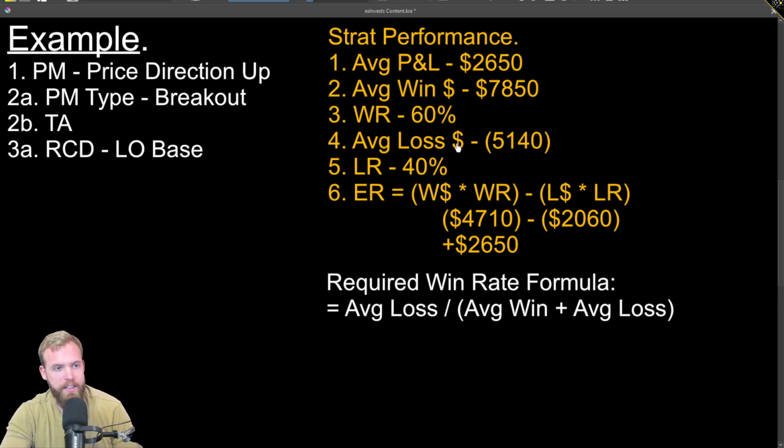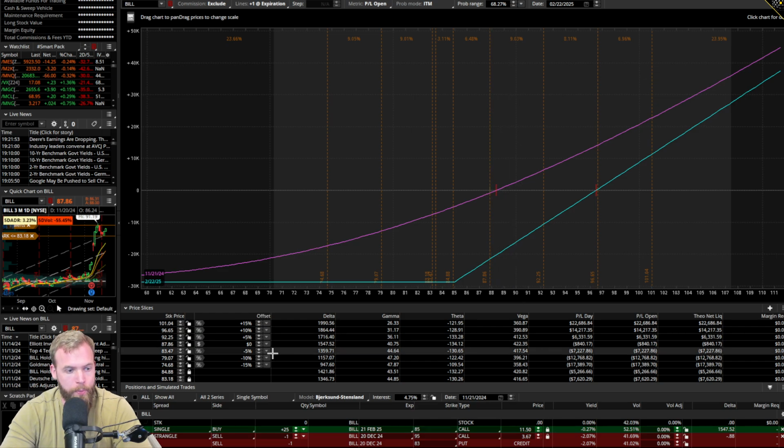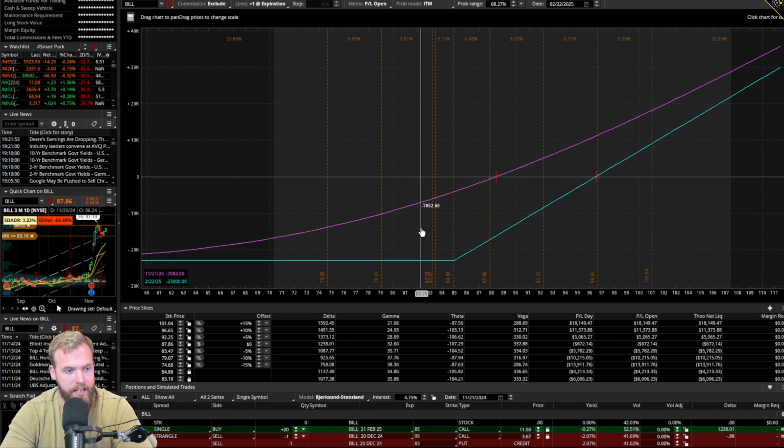So then given the average loss of this system being 5140, is that $7,000 loss satisfactory? It could be, but I would prefer it to be closer to the average loss. So that means based on my eyeball size, it's too big. I have to take some of this trade down so that the size at 83.18 reflects closer to my average losing trade, which is around